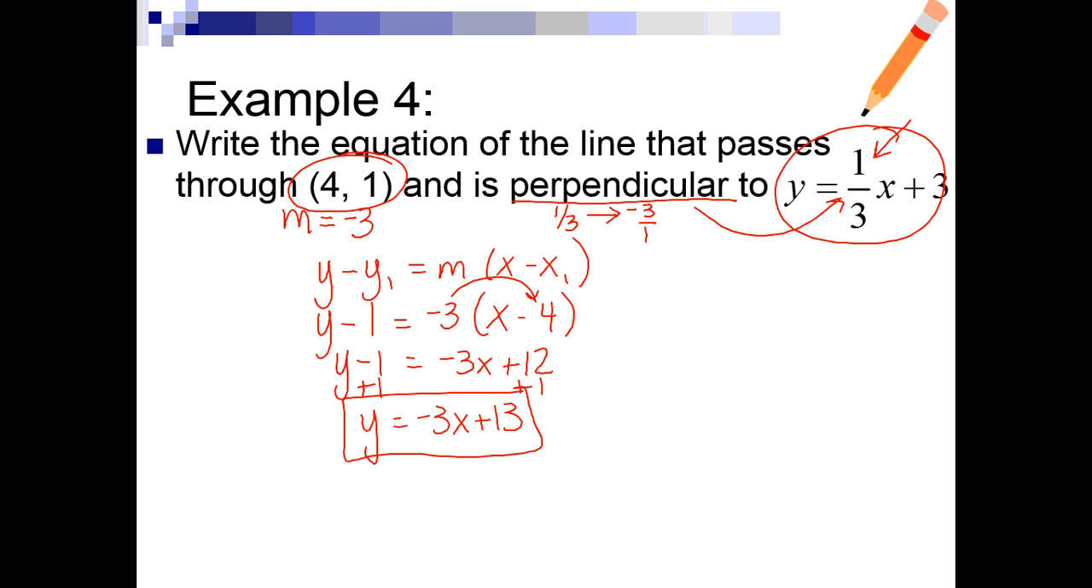Okay, so this is our practice on writing these equations of lines given certain parameters. So we're going to practice this in class a little bit,